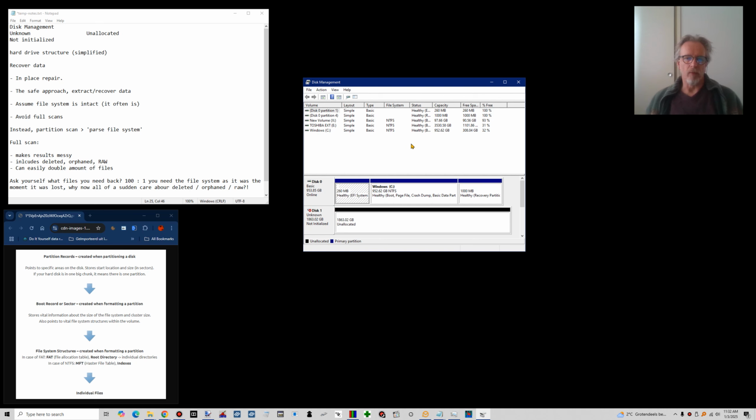I offer support on a lot of forums with regards to data recovery related questions, and I see a lot of people that deal with this issue. They grab some file recovery software or data recovery software and run a full scan. Now, the problem with that is that a full scan takes a lot of time, and a full scan produces